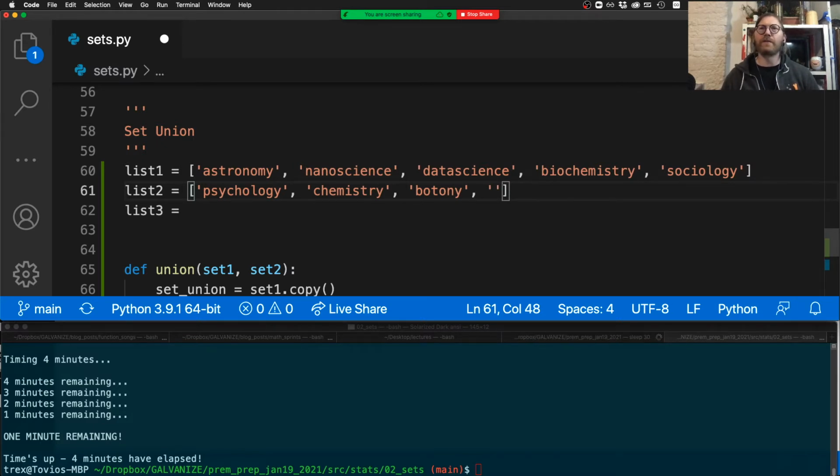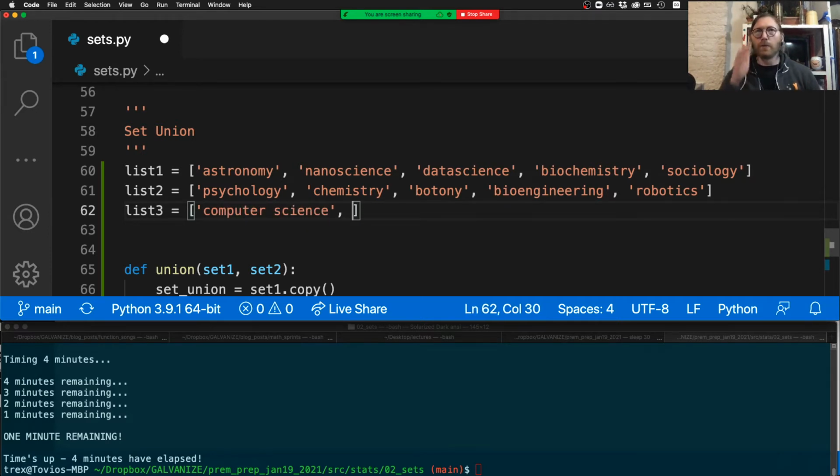Maybe some engineering in here too. Let's just do engineering. How about bioengineering and robotics? That sounds good. And do computer science. Actually, that's probably enough. So I'm just going to grab a few of these,